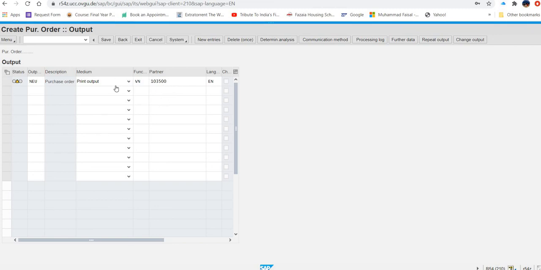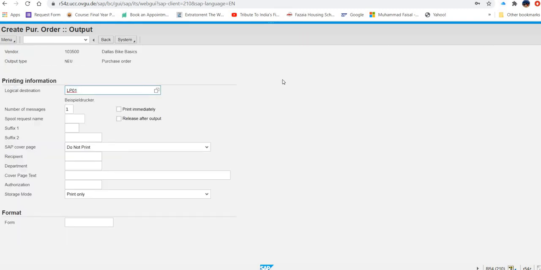Okay. Language is English. And then select on communication method. So we'll click on communication method. And with this communication method, what they are saying, in the create purchase order output screen, enter logical destination LOCL.